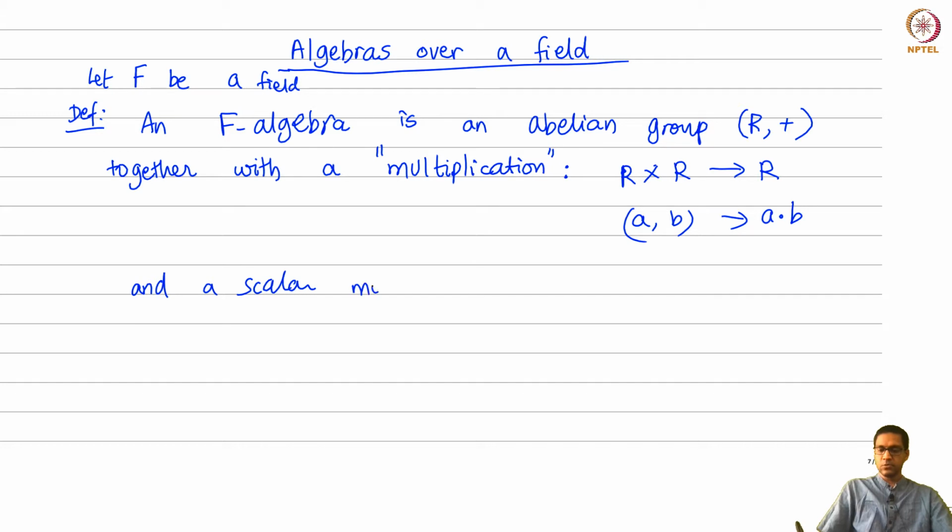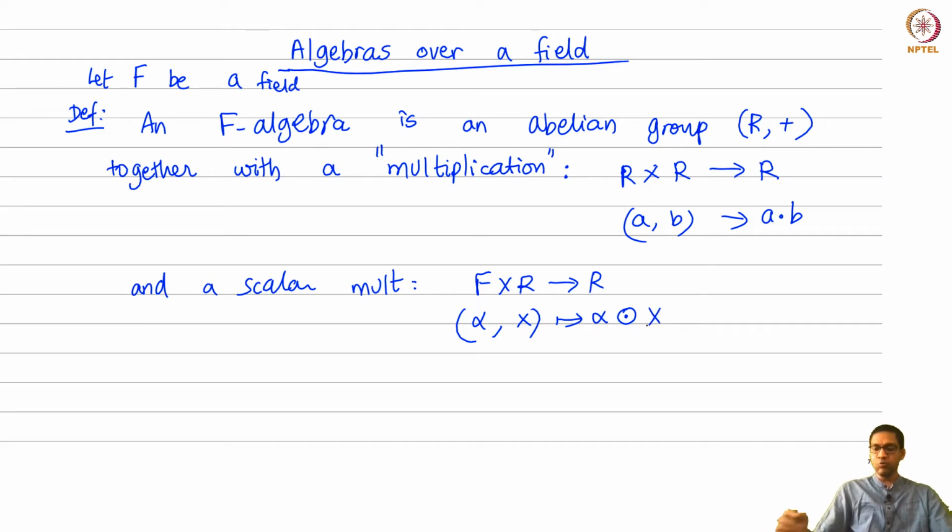Okay, so what's a scalar multiplication map? This is a map from the field cross R to R, given a scalar alpha from the field and an element x from R. It maps it to some element of R, which I'll write as alpha circle dot x. So I'm given two maps at the moment. I will tell you what the axioms are, but at the moment I'm just calling these maps by these names: a multiplication map and a scalar multiplication map, such that